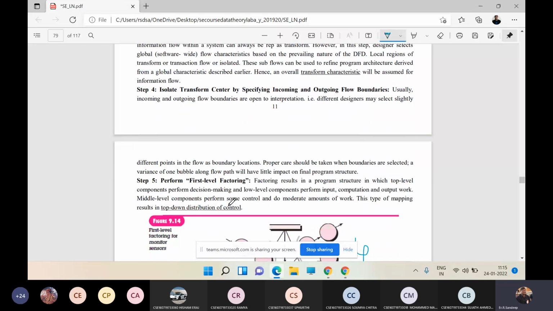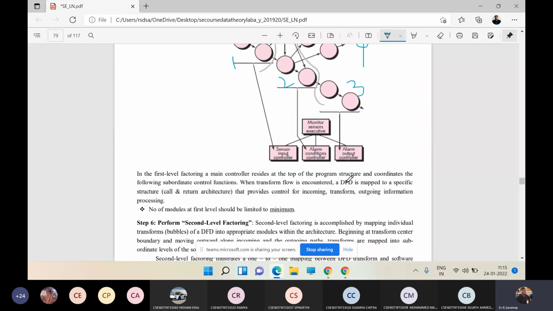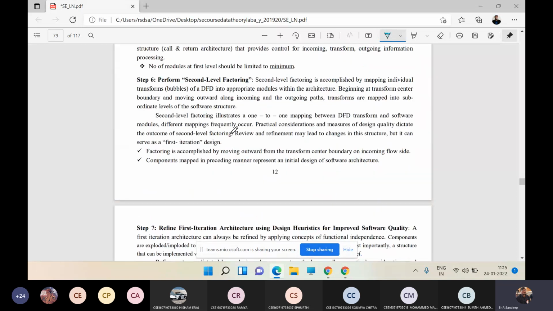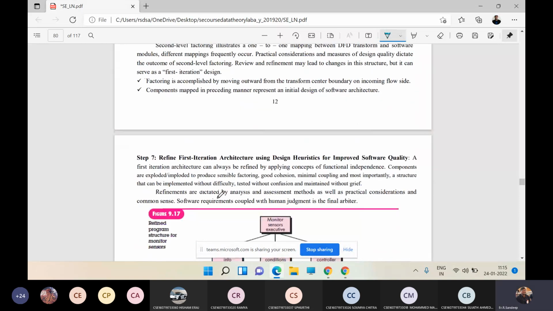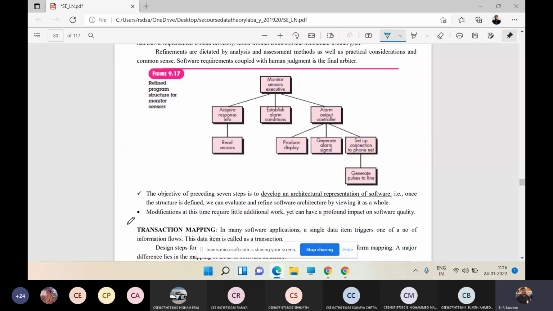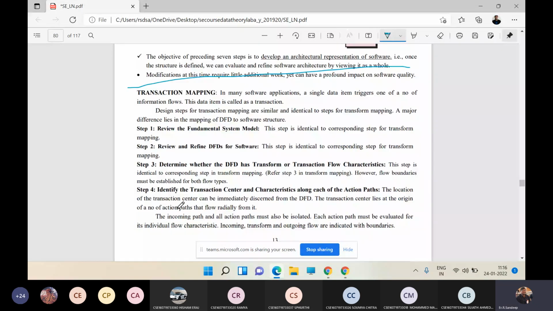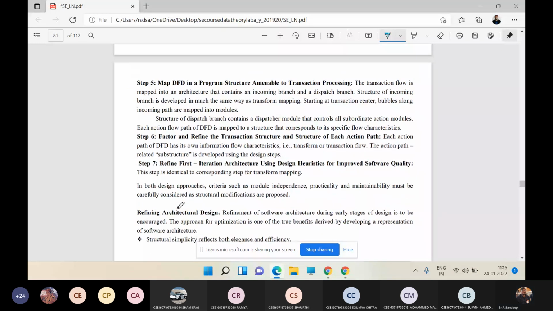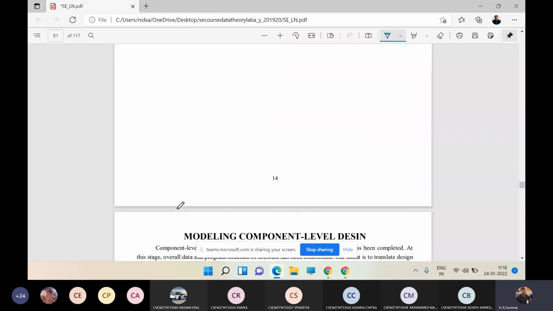Means we need to identify like this. And next, first level factoring. This one is first level factoring and second level factoring. And finally, if you can still do anything, do it; if not, then close it. There is a transformation flow which we will have. And next one, modeling component level design. So till this point,